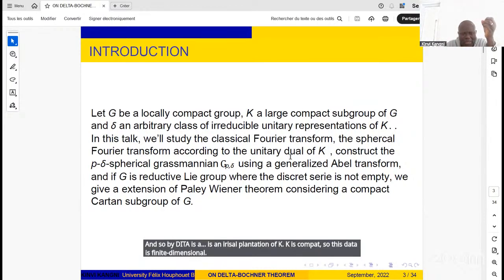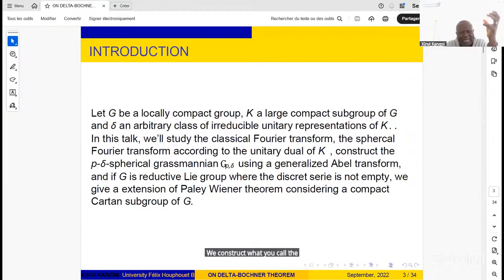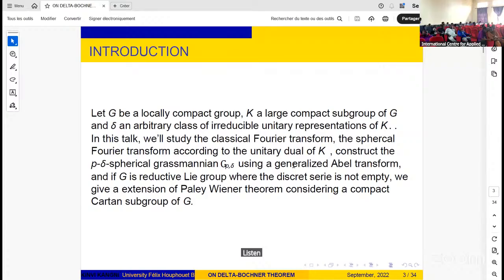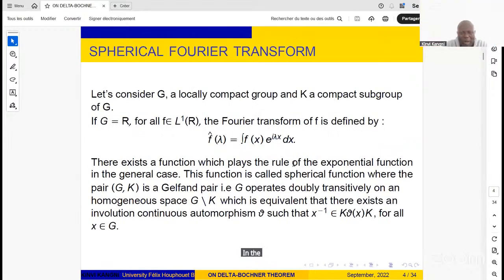We construct what we call the (P, theta) spatial Grassmannian space, where P is the multiplicity of theta in the restriction of the associated representation to K. So in the classical one, when G is R, like this,